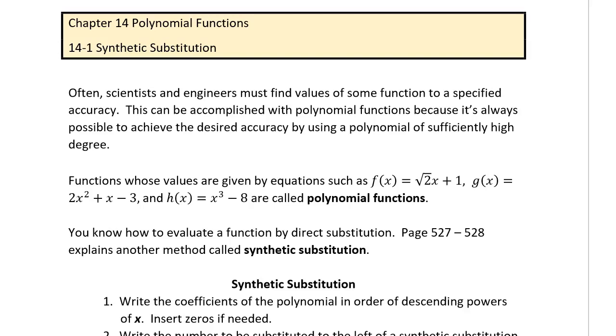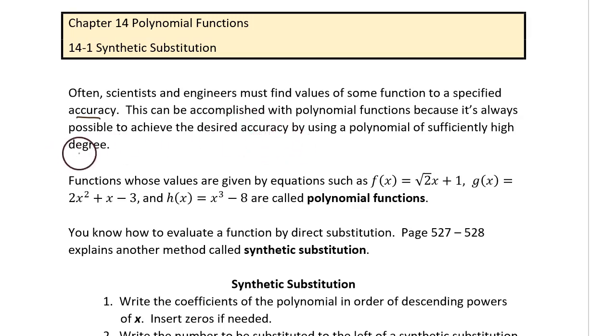This video is for section 14-1 about synthetic substitution. This is a skill that you use with polynomials, and that's what chapter 14 is about. Often scientists and engineers must find values of some function to a specified accuracy. This can be accomplished with polynomial functions because it's always possible to achieve the desired accuracy by using a polynomial